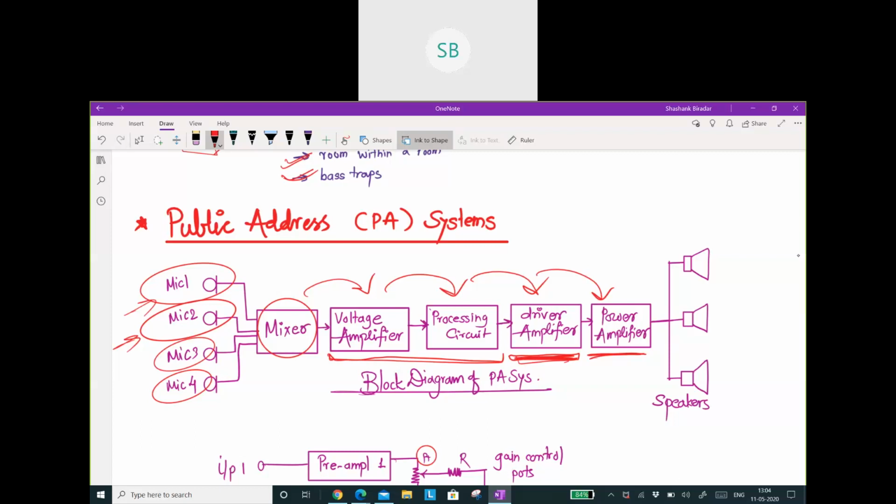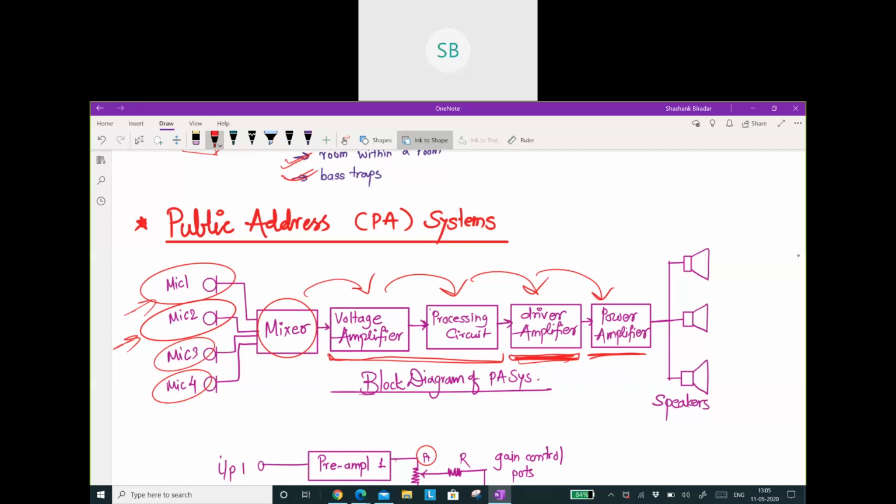So it is basically a voltage amplifier. The power amplifier gives the desired power amplification to the input signal. The push pull type of amplifier is generally used because this type eliminates the even harmonics from the output of the amplifier and avoids the core saturation of the output amplifier. The power amplifier drives the loudspeakers.